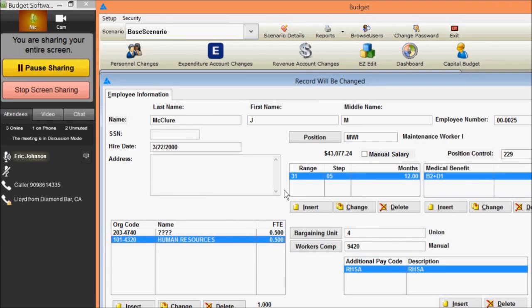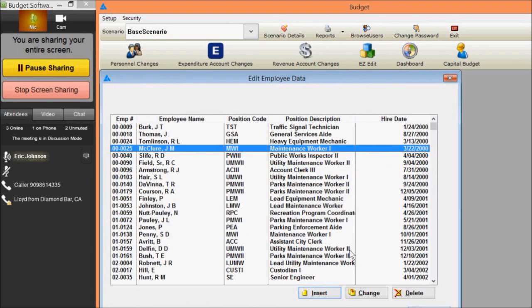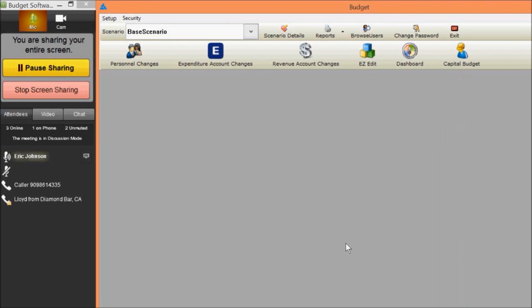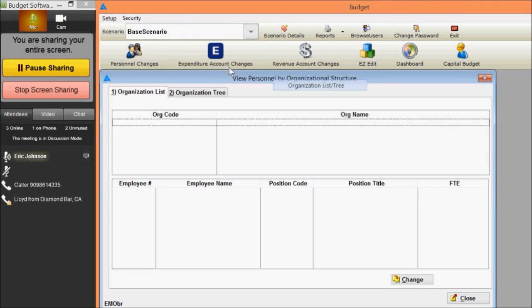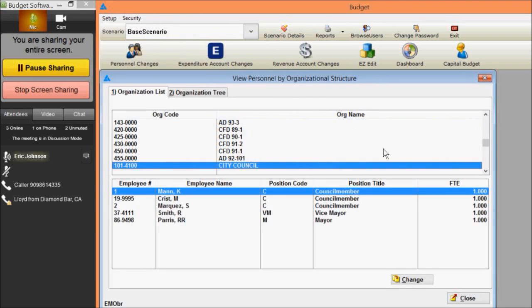And so once we close all this, the system will then calculate what are the costs for the various different accounts, whether it be the salary account or the salary account in the human resources or the other unit, or add in the additional pays. And so it will do that for us automatically for each employee. And so it's just a matter of then going down the list and making sure that information is current and correct. And you could also look at it in more of an organizational